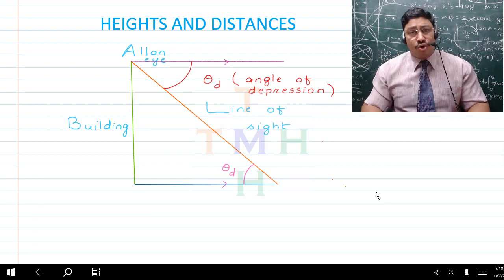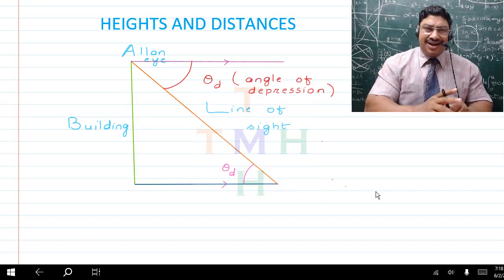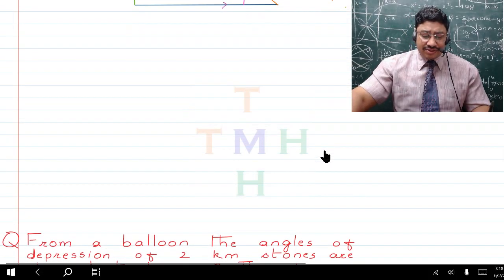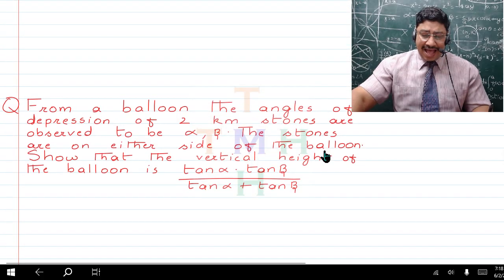That means it is also the same angle of depression. Now a case which is contrary to this is the angle of elevation. When we deal with the concept of angle of elevation in times to come, then we'll discuss it. At this moment, we are going to deal with an interesting question on the angle of depression, and this, children,